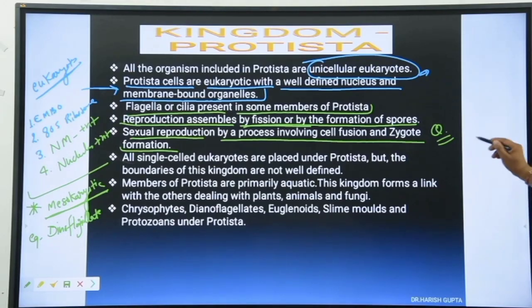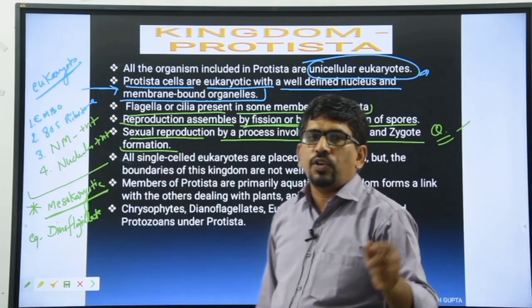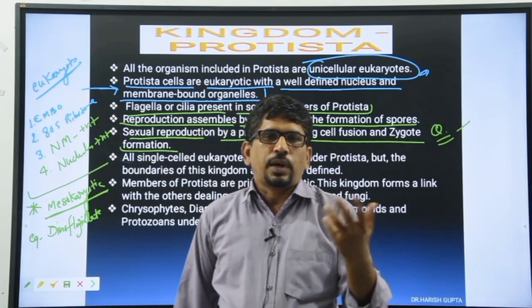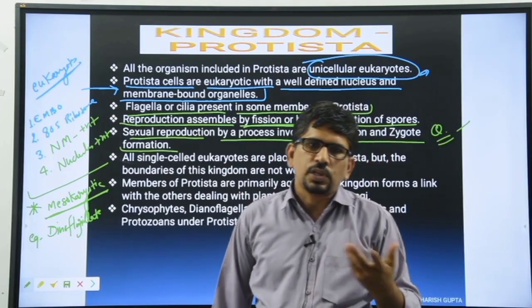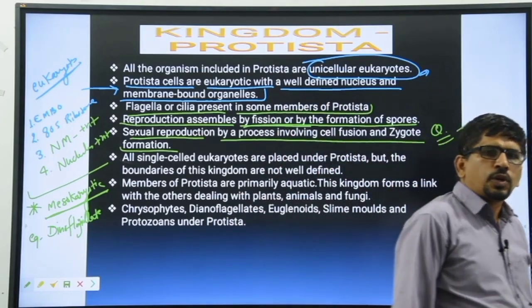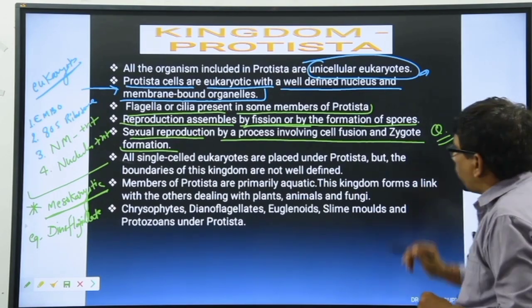That is a question for the medical exam. Which member? 4 ऑप्शन दे दिया आपको, डायरेक्टली पूछ लिया which one represent the sexual reproduction. 3 बैक्टीरिया दे दिया, एक वायरस दे दिया और एक आपको protista member दे दिया. Answer is the protista member. Clear? So that is the question. याद रखना बेटा मेडिकल में है.